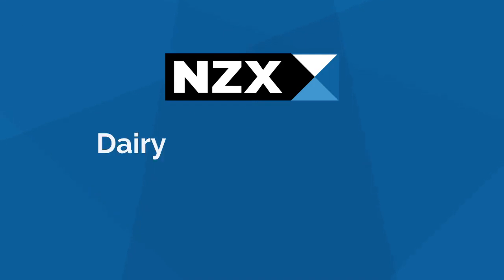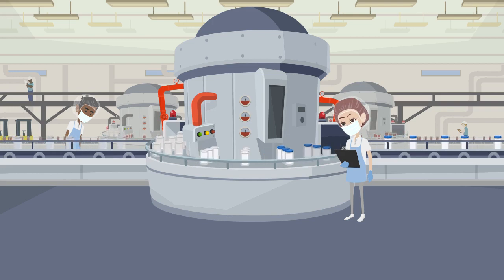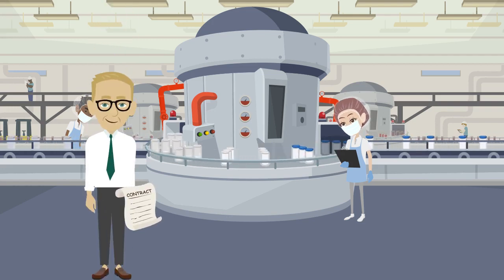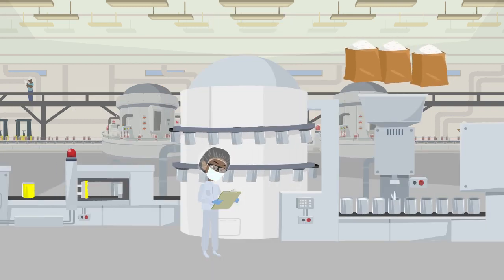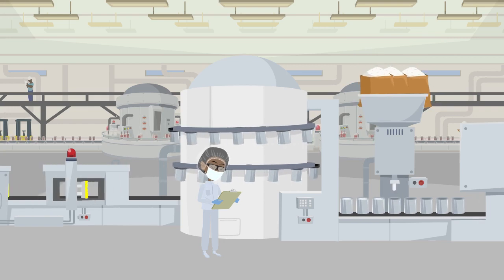An example of NZX's dairy ingredient futures. This example is of a drink manufacturing company. Steve is a procurement manager who was using whole milk powder futures to hedge his company's whole milk powder price risk. Because Steve buys whole milk powder as an ingredient in his company's production of drink products, he would naturally